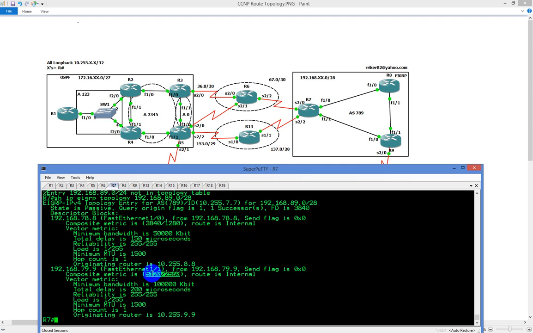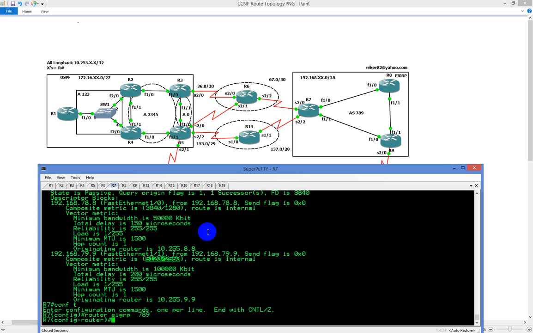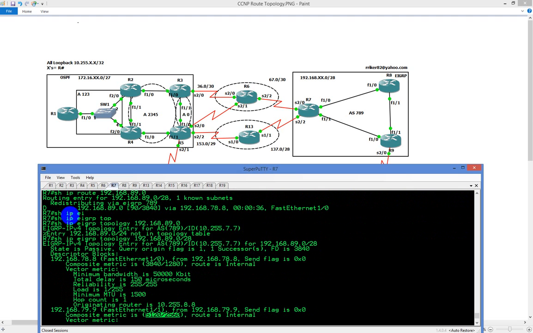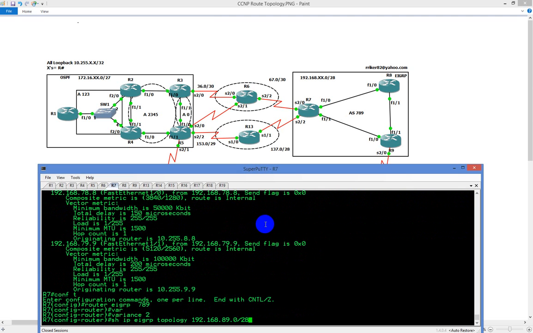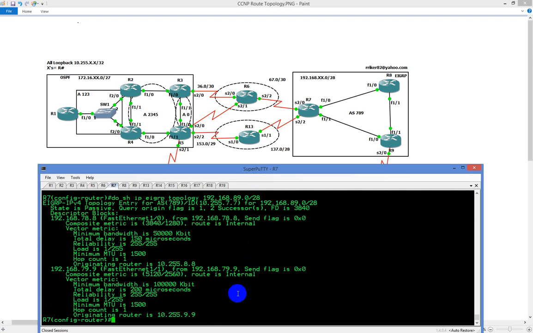This one here is 5120. So do we want to manipulate that to make sure it goes the right direction? Absolutely. Go up here, router EIGRP 789, and type in variance of 2. And do a show for /28. So it's going to allow us to load balance over both of them. So do trace to 192.168.89.8